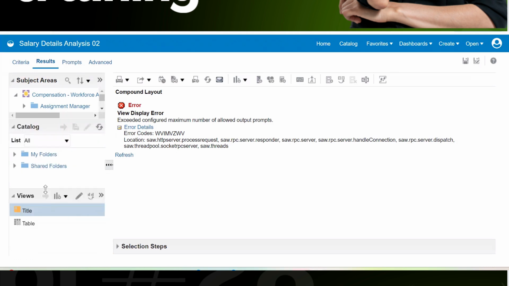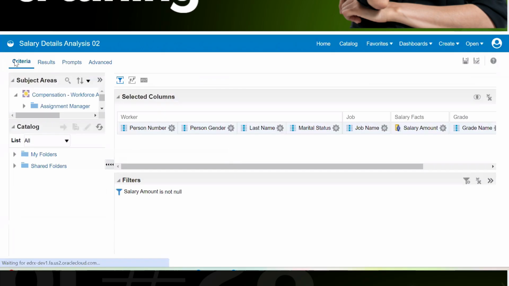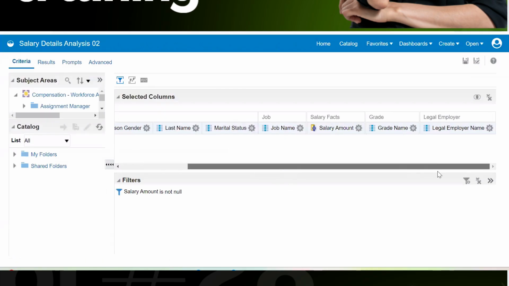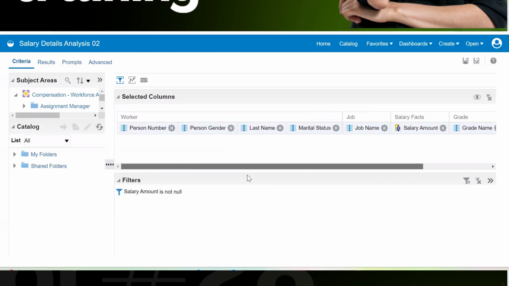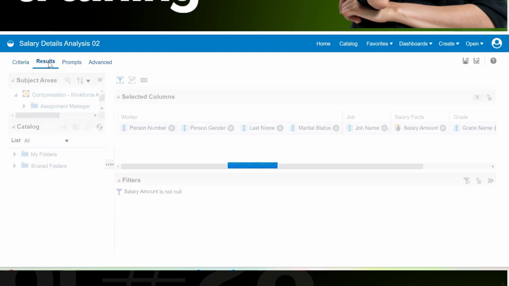Columns have not been selected in that way. Remove it. Come to the criteria. I have to redesign something. Let's go to the results.